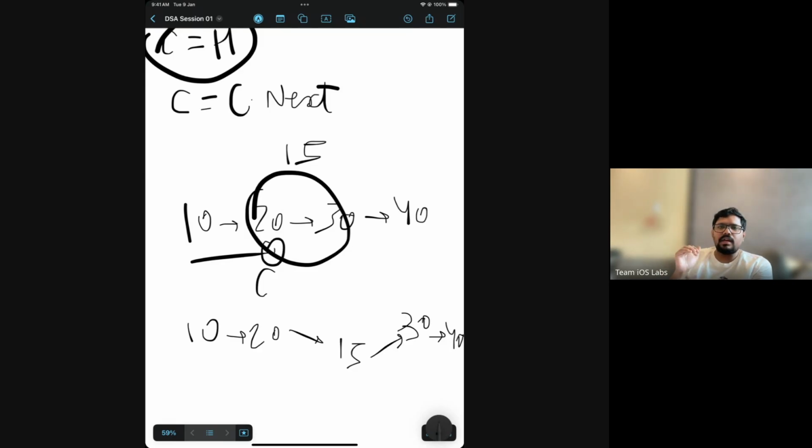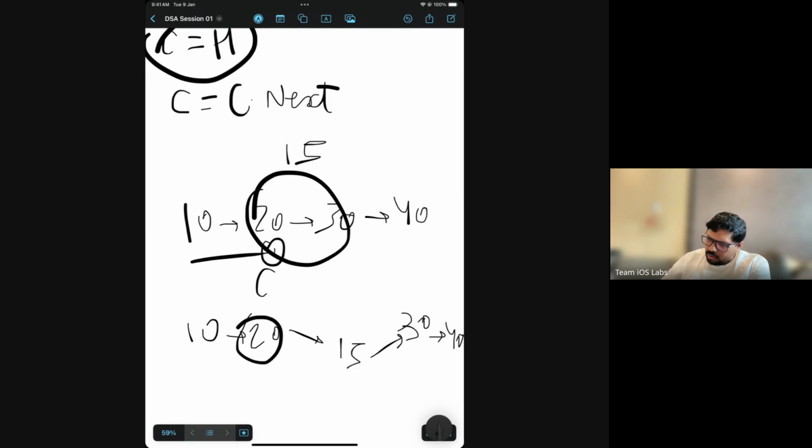In the context of an array, whenever we insert any element, we need to shift all the remaining elements, right? But here we just need to traverse till 20 and you simply update the pointer. It's basically all about updating the pointers. So it is a more lighter operation if you compare with the array, in the context of insertion and deletion.